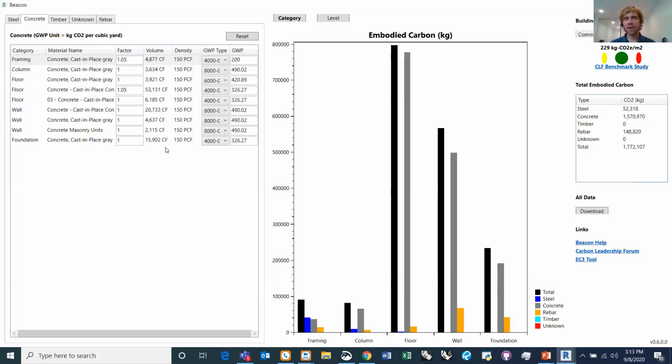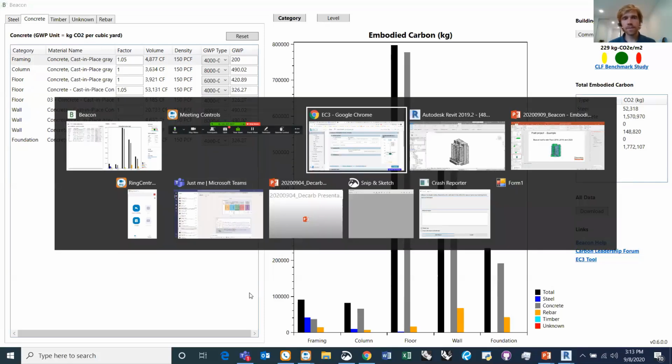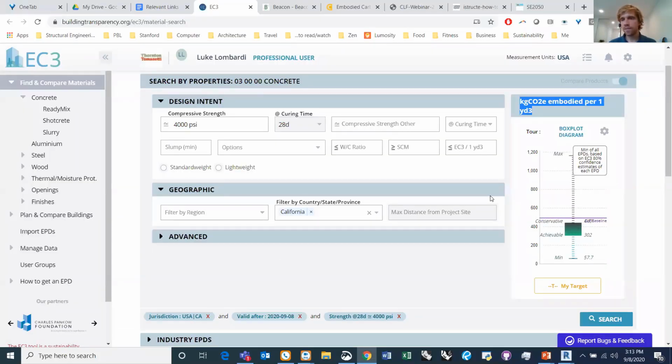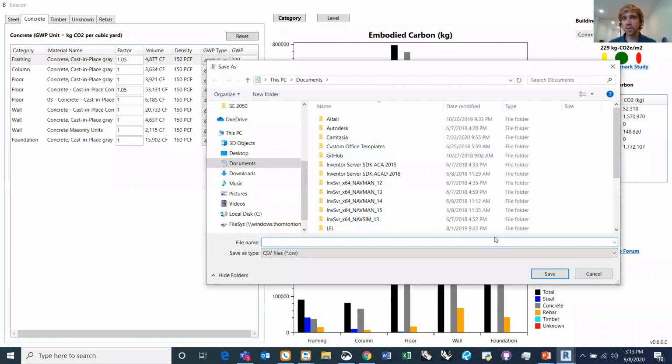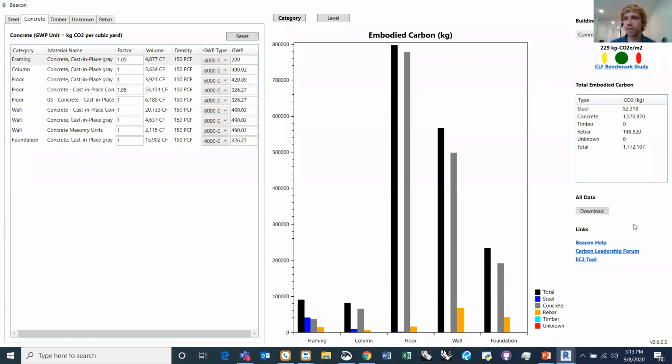But you can also bound the problem. When you're looking at concrete, say I look at EC3 and I have my upper bound and lower bound for reasonable values, I can do a takeoff. I found this export tool most useful for comparing different studies, because then you have all that data and you can post-process and create any plots that you want to look at different options. So heavy emphasis on the download tool for comparison